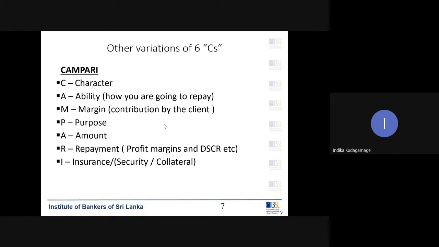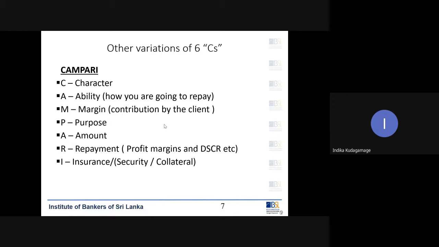Then we have CAMPARI. In your past papers, you can see they used to ask for CAMPARI or the 6 C's alternatively. CAMPARI is one famous model we use. Character, then ability: how you are going to repay? Because whenever a customer comes to you,